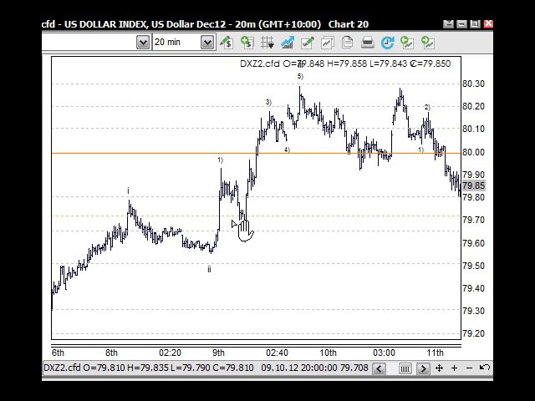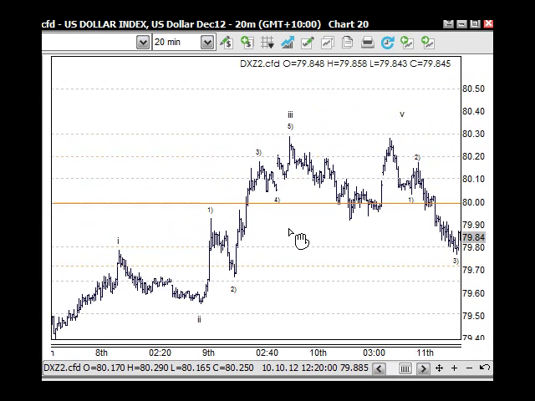When we look at this structure here in this 3rd wave, we see that we've got a long wave 1 here, then the wave 2, then the wave 3, the wave 4, and the wave 4 could even be into here as well, then the wave 5 here. Whichever way we take that, the wave 5 has been very short here. So this would make this one quite short here as well through here. So yeah,